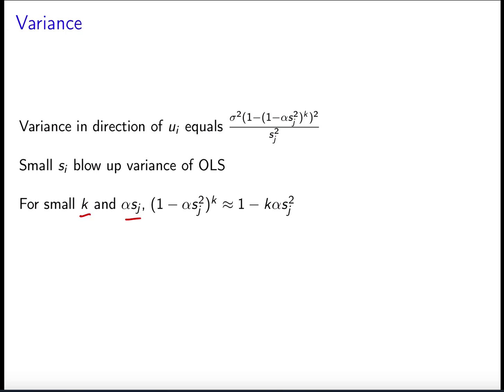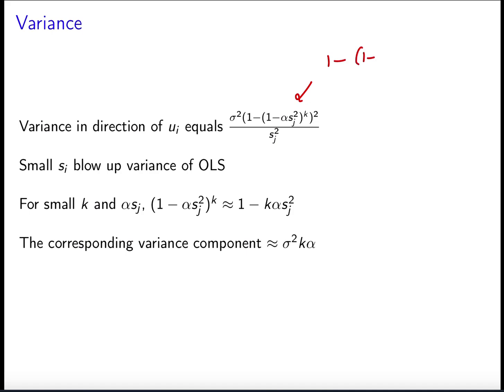If k and alpha s_j are very small, then you can do a Taylor expansion and show that this term is essentially equal to 1 minus k times alpha times s_j squared. This holds when k and alpha s_j are small. In that case, there is a cancellation, and here you have 1 minus k alpha s_j to the k, okay, which is equal to,